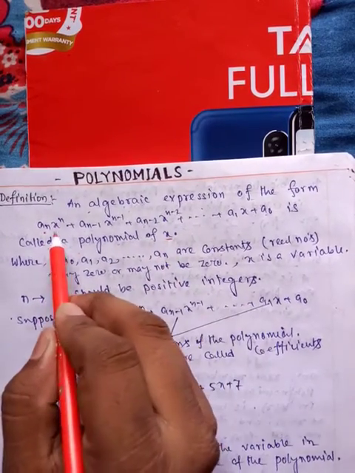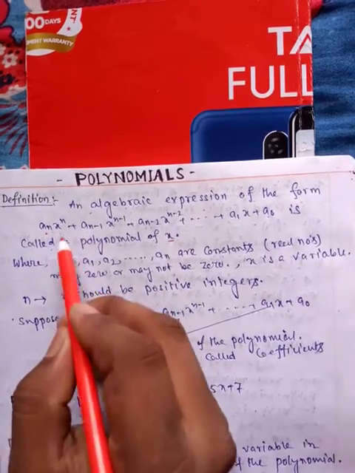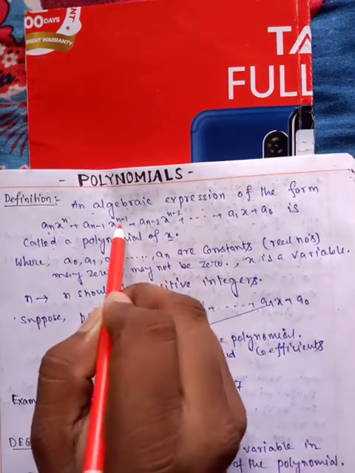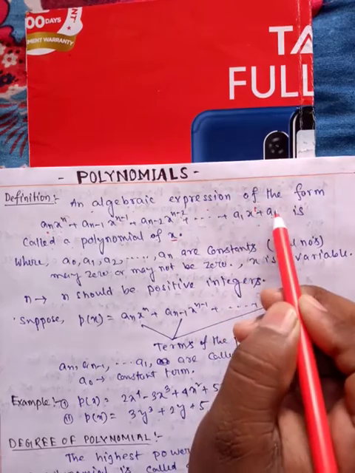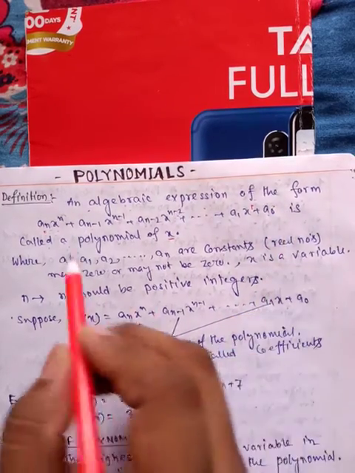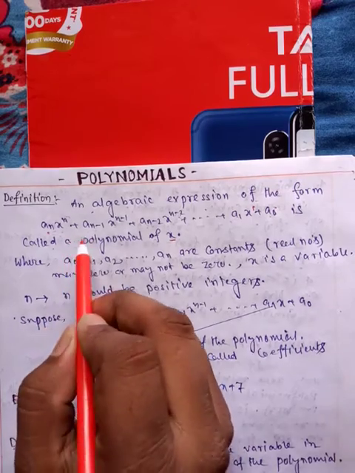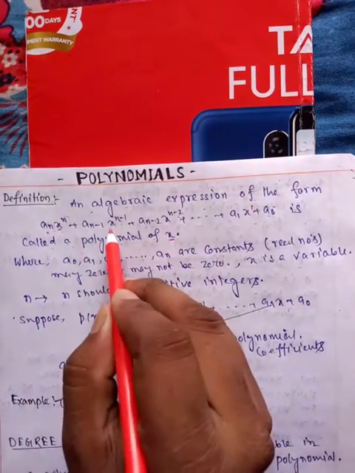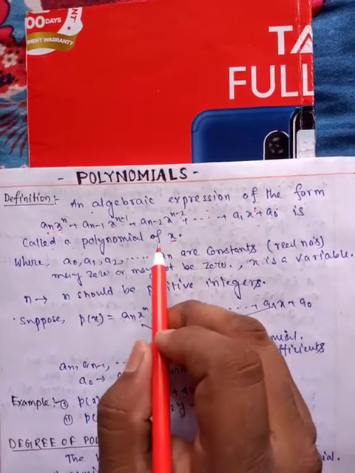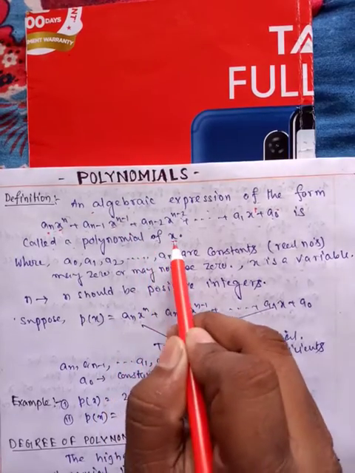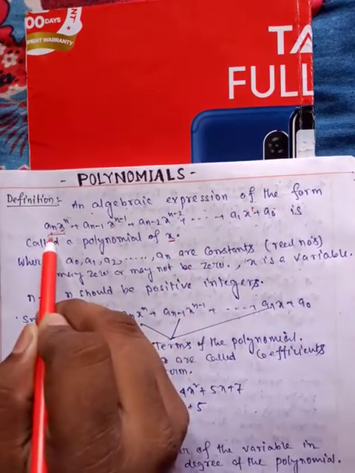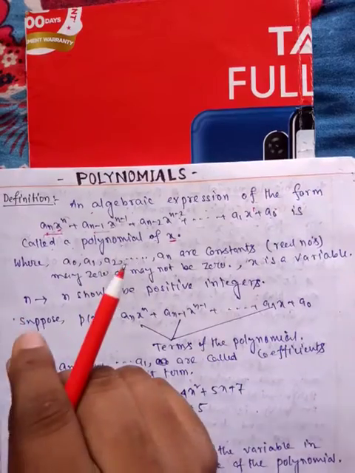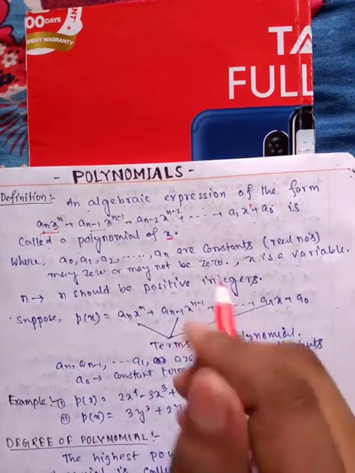You can see here the algebraic expression in a particular form, in which the power of x is n, then n minus 1, n minus 2, and continuously x to the power 1, then there is x to the power 0. So the power of x decreases in every term of this algebraic expression, and there is only one variable, that is x. So this type of algebraic expression is called a polynomial of variable x. The form is very important: a_n x to the power n, a_(n-1) x to the power n minus 1, and continuously a_1 x, a_0. That means the power of the variable x decreases term by term.